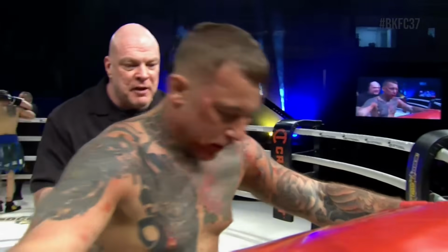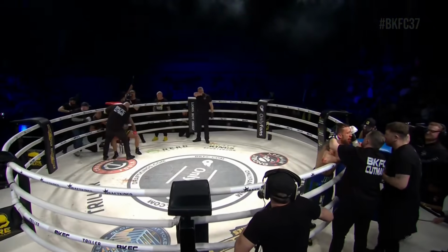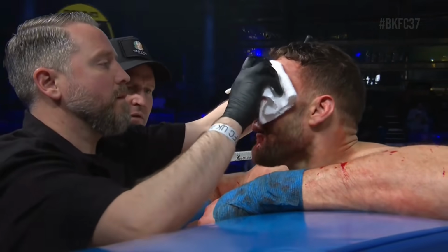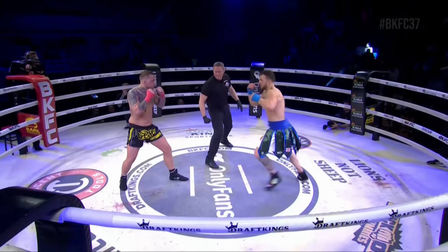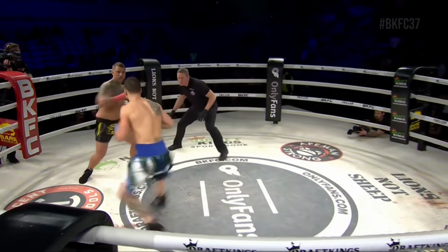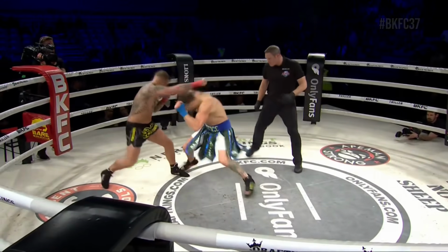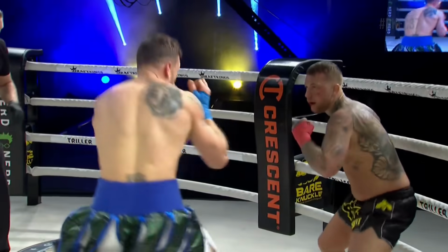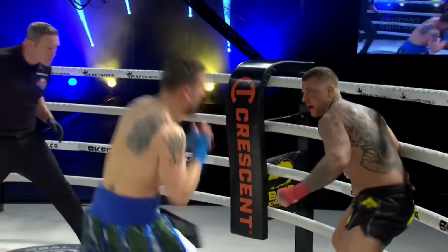And Chris, as you think about our 3 judges scoring ringside assigned by the ISKA tonight, is this possibly a 10-9 round for Jimmy Millar? He gets the knockdown, but then Cassidy comes back so strong. Because it was right away. When you watch it right there, it didn't look like a clean knockdown. I'm not sure exactly what happened, but